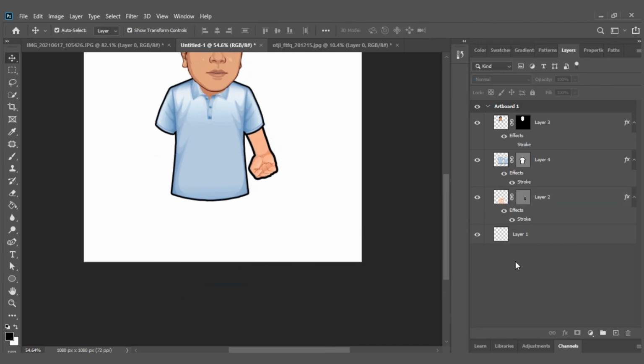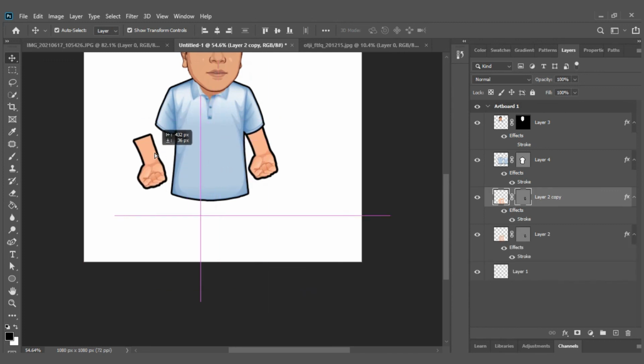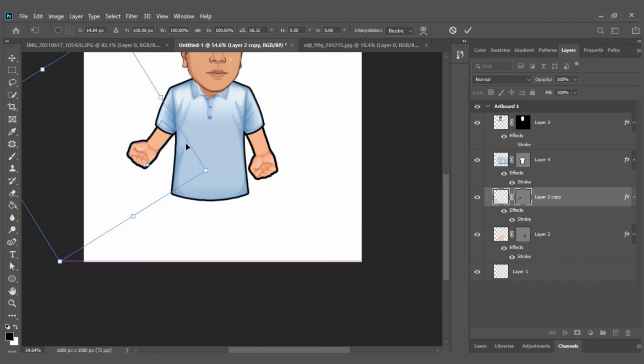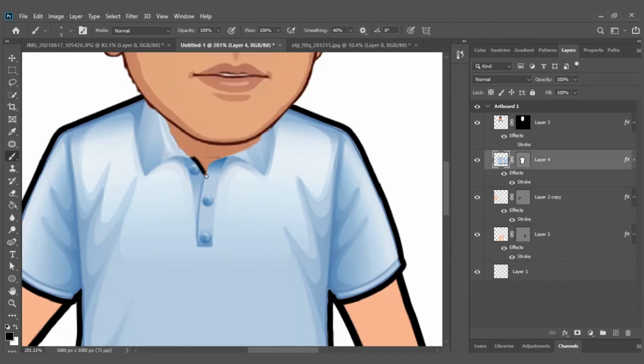Now let's just duplicate this layer and we can add it as our other end. Just rotate and place it at the right place. Now let us draw strokes to our neck region so that it matches the shirt and hands. I am using the brush tool to draw, but we can later refine it using the pen tool. Make sure that the color of the brush is black and the opacity is 100.